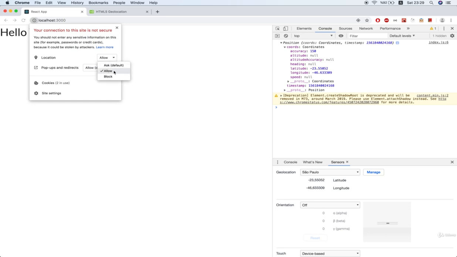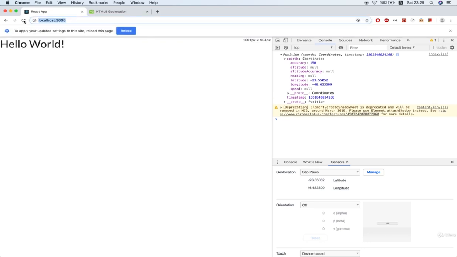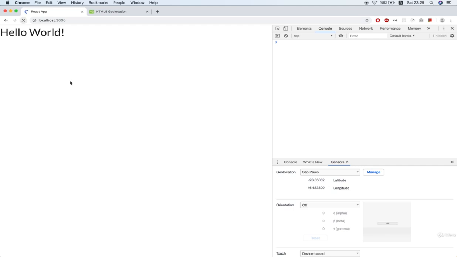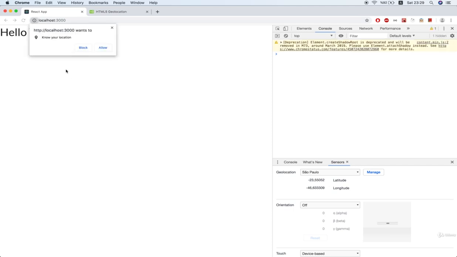Okay, so in order to test our application and make sure that it still works correctly, even if we deny the location request, I can reset this to ask default, like so. And then I can refresh the page, and then I get asked if I'm going to allow localhost to know my location. All right, so this time I'm going to hit block,